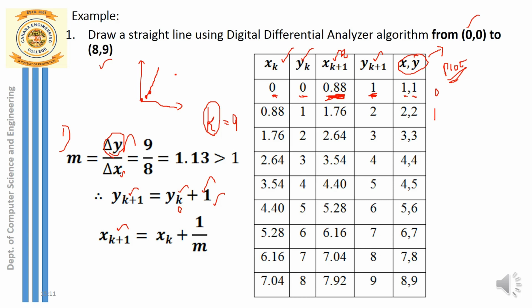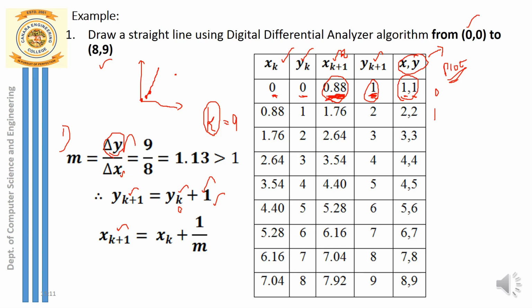I'm going to take now the coordinates. So remember, this last column is only for plotting, or it is just for generating the line segment. For all my calculations, I am making use of this x coordinate, what I have actually got, and this y coordinate, what I have actually calculated. These are the two calculated x and y coordinates only I am going to take for all my calculations. Whereas this last column, whatever I have calculated, it is nothing but used only to finally plot or to generate the line segment. Okay, you will understand this.